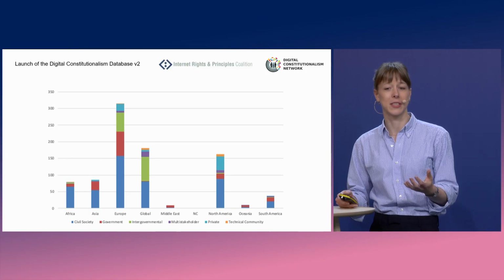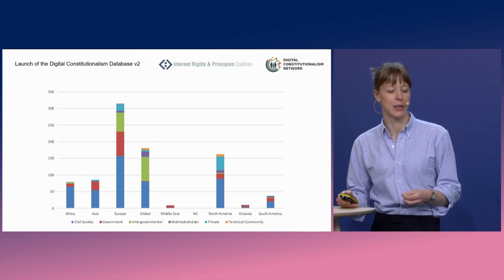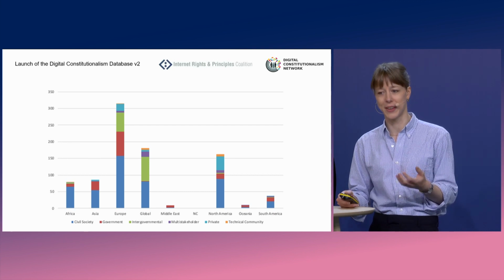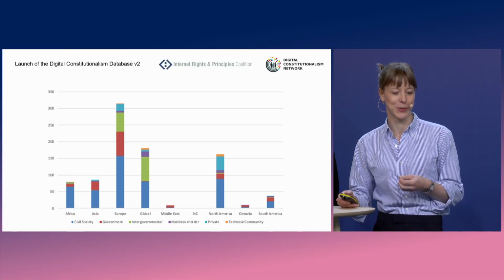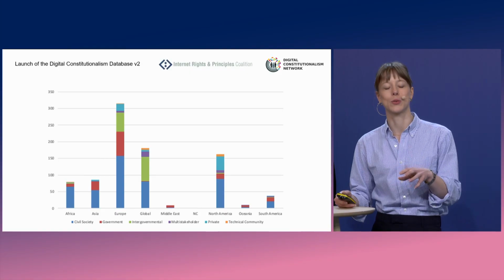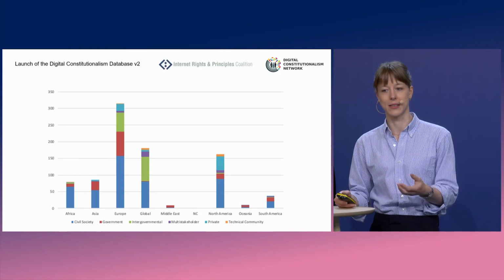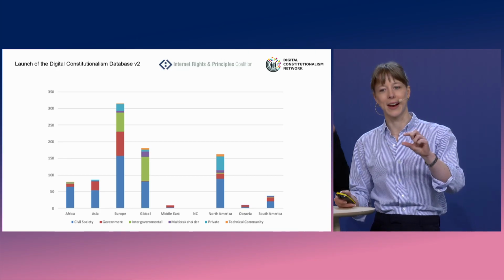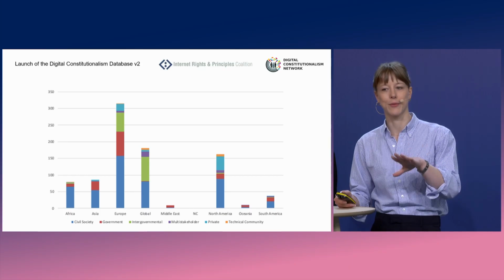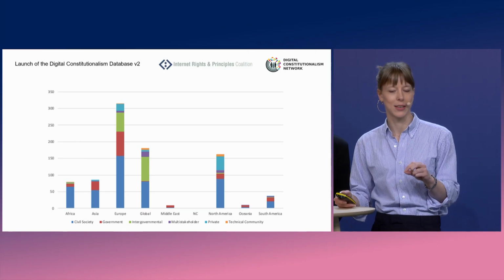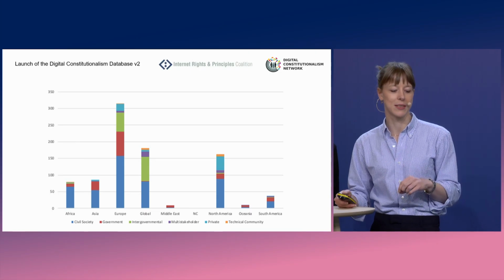Another thing that you're able to see just on the basis of the database as a whole is the global distribution. Europe features very heavily within this collection, also global, so these international organizations. But at the same time, we of course also see that some regions are underrepresented, which can be for various reasons. And you see here also the different kinds of actors. For example, in the stack for Europe, you see the civil society represented in blue, very active, but also governments in this dark red. So that also is different for the different regions.